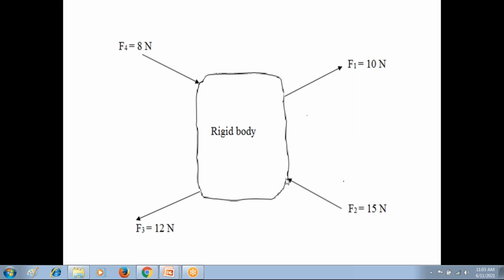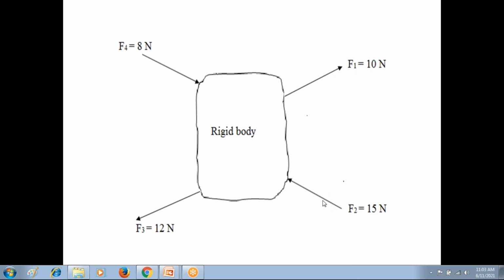This is the point of application of force F2. And check the direction, line of action of force F2. The force F2 is towards the body. The force F1 is away from the body. The force F2 is towards the body. So please don't call F1 a pulling force. So try to understand the force direction away from the body and towards the body. F2 is a pushing force. It is a pushing force, but it is also called the force towards the body. F1 is a pulling force. It is also called the force away from the body.